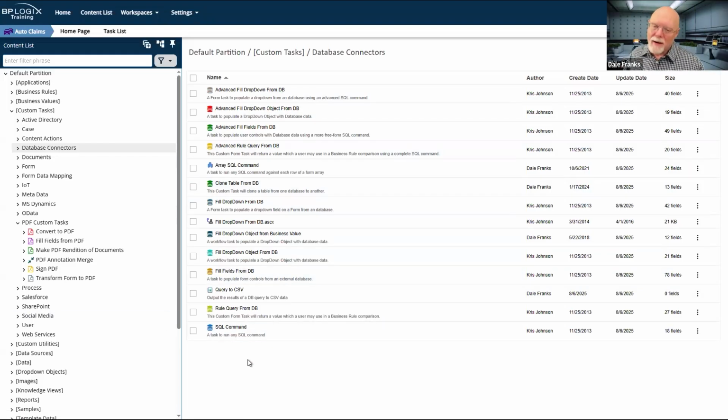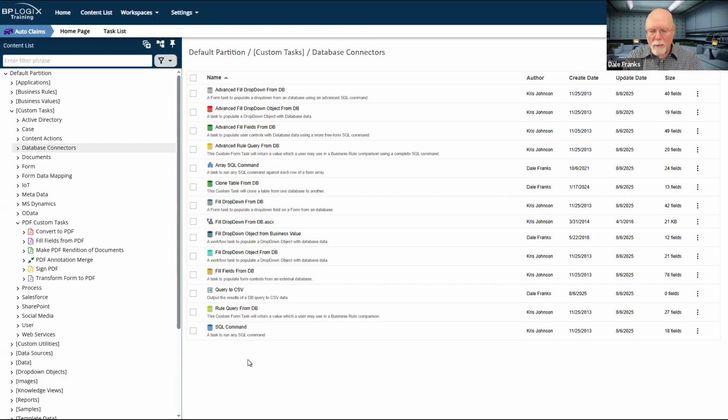Now, the thing with business values is that business values exposes the data to anyone who has the ability to configure a form. They can see all of the data in that business value ultimately if they decide to use it in a form. So there may be circumstances where you have some data that is rather closely held and you don't want to virtualize it by creating a business value.